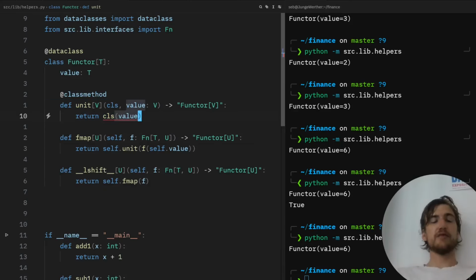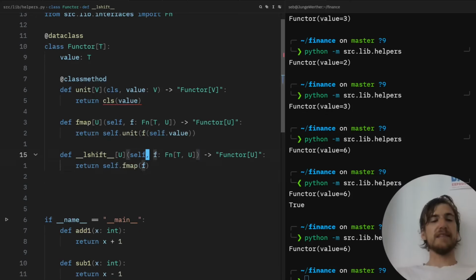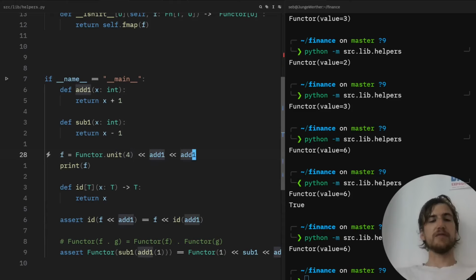Just a short recap. We had our unit method to create a new class instance. We defined the fmap, which applied some kind of function to the wrapped value, returning a new wrapped value after the function had been applied. And then, for simplicity's sake, we used this left-associative magic method in Python in order to create this very cool syntax, allowing us to chain operations and apply them in turn to our functorial value. So I hope this gives you some inspiration, and